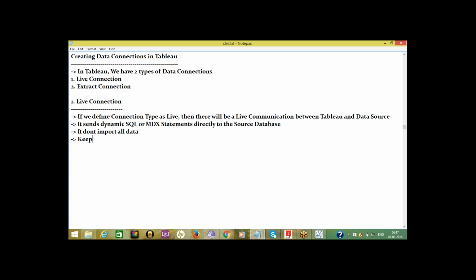Means it keeps the detailed data in the source system and sends the aggregate results of queries to Tableau.